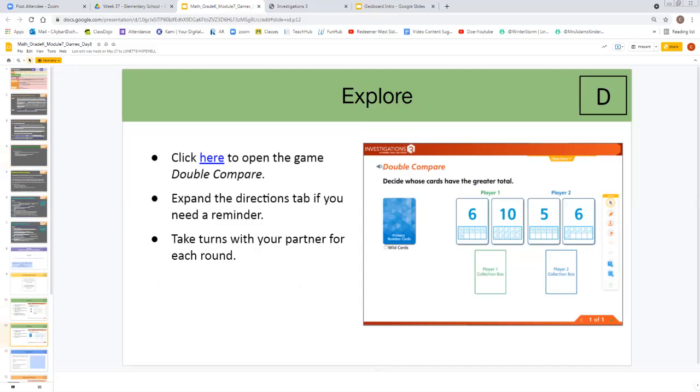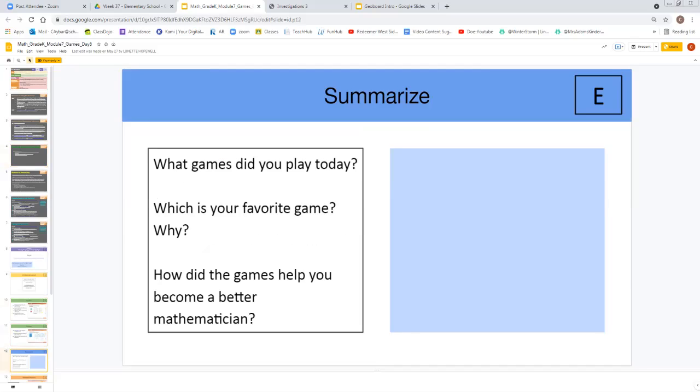Since this is our last lesson, the summary slide is a more general one. What games did you play today? Which is your favorite game and why? How did the games help you become a better mathematician? This last question is really useful if your children are writing their own summaries for teachers in first grade. My children do that. How are you better at math from playing games? And whatever they write down in their little kindergarten handwriting is usually a very great tell for the next year's